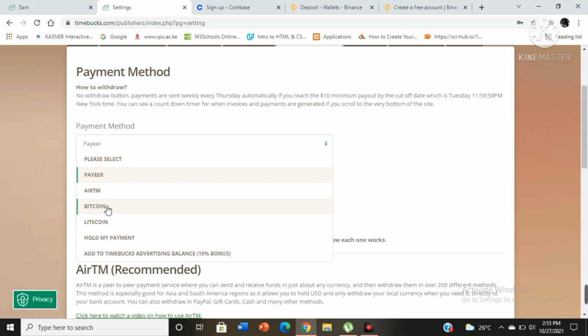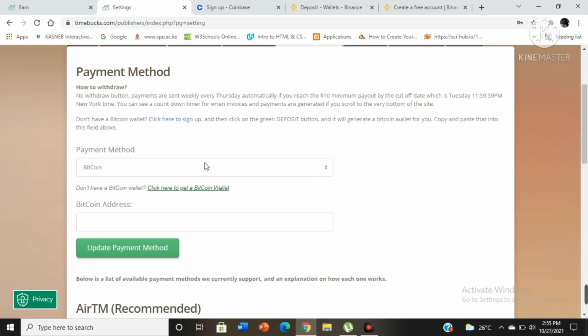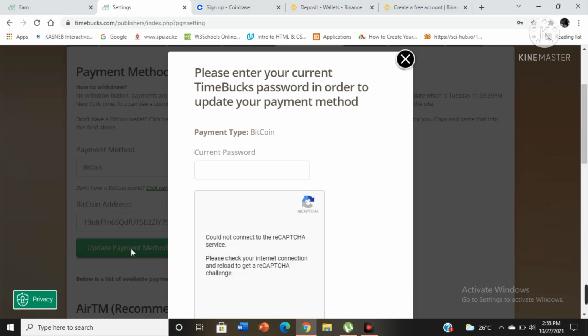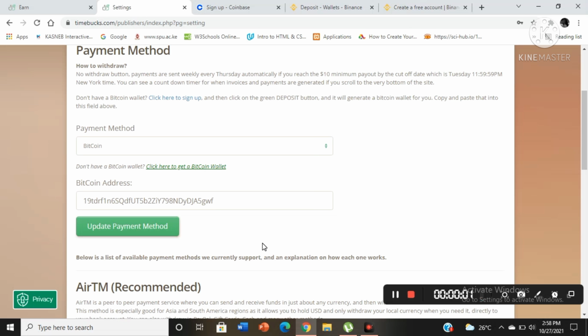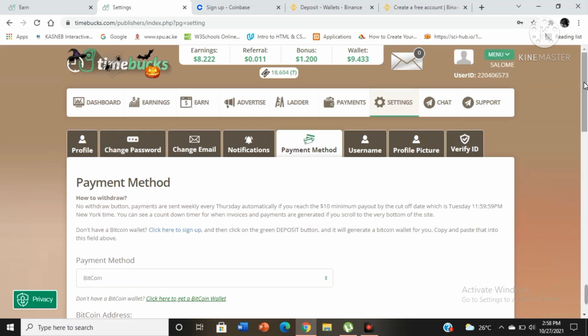Hope you guys are listening. Bitcoin, and my address, I'm going to copy my address over here. After that I update my payment method, and that is going to be updated. They're telling me to put a password. So after doing that, guys, after updating your payment method, myself I had already done that, you will go back